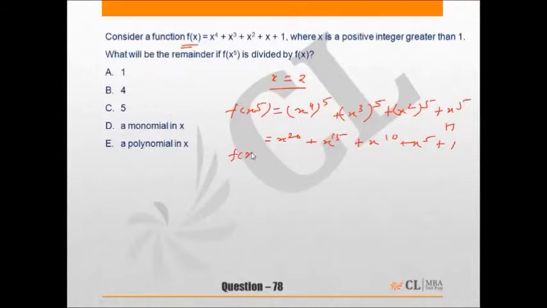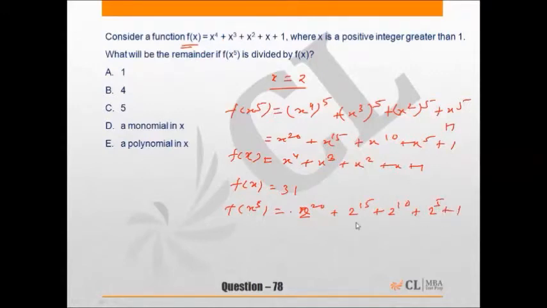Now we have to divide this quantity by f(x), which is x raised to power 4 plus x cube plus x square plus x plus 1. When we substitute x equals 2, we get f(x) as 31 and f(x) raised to power 5 will be 2 raised to power 20 plus 2 raised to power 15 plus 2 raised to power 10 plus 2 raised to power 5 plus 1. And when we divide f(x) raised to power 5 by f(x), we need to divide each of these terms by 31, and when we divide 2 raised to power 20 by 31, remainder will be 1,